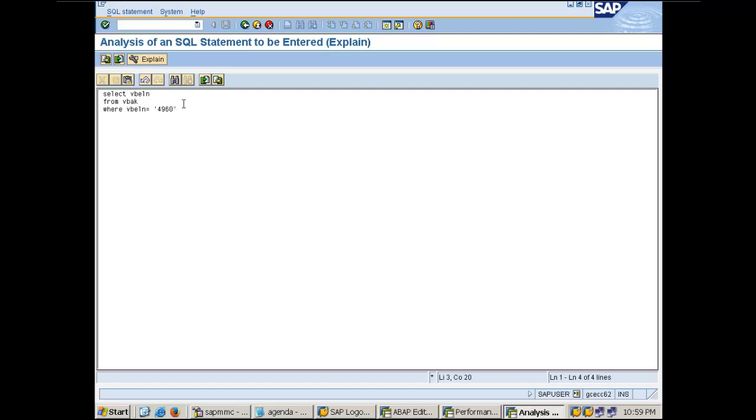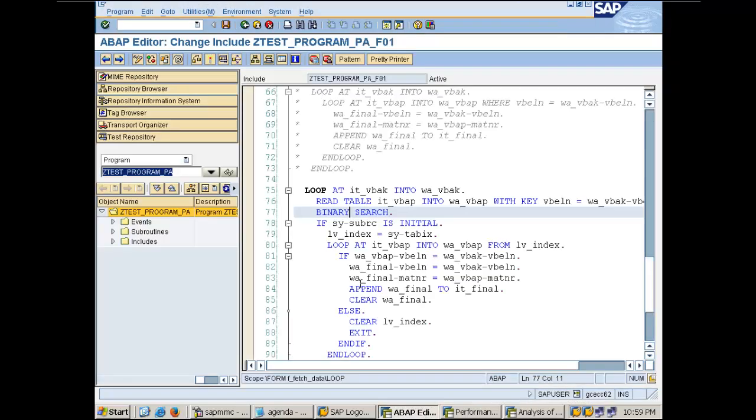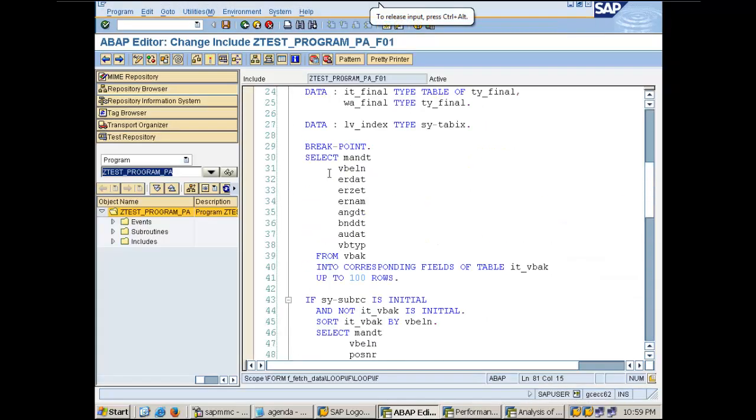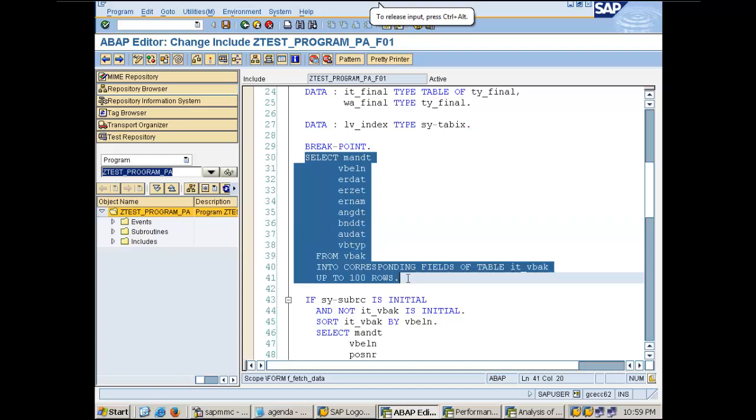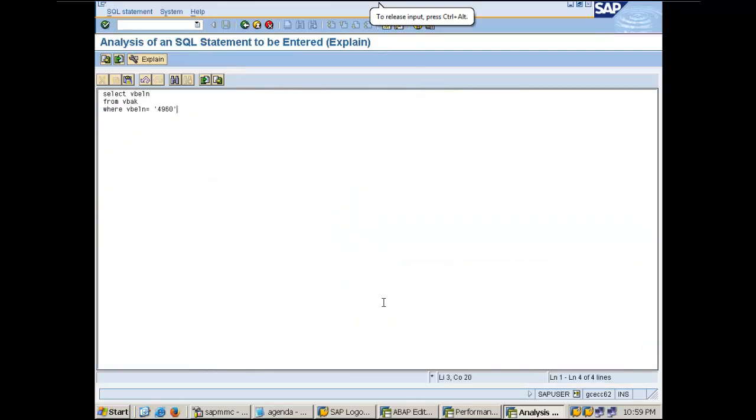Don't put a full stop. What I did is I'm trying to write the same query, but putting where VBELN equal to this, just to see in what way the system understands it. If I hit explain here,